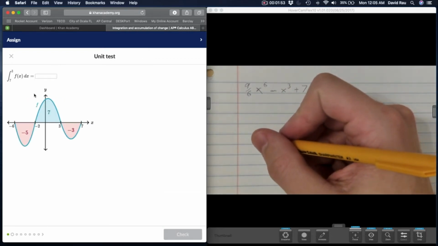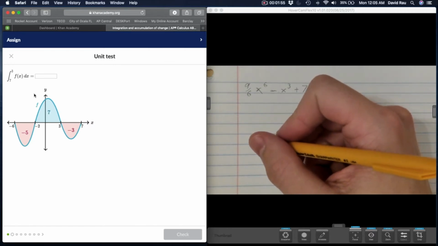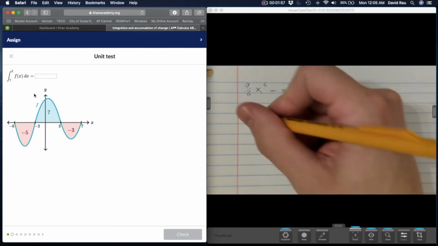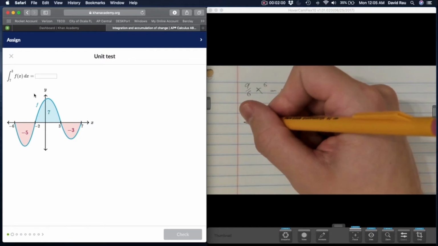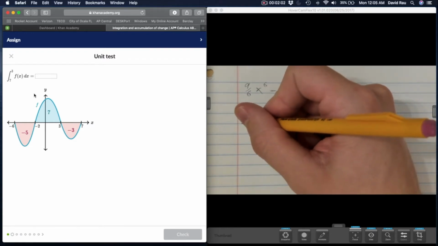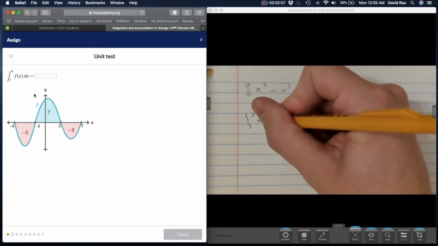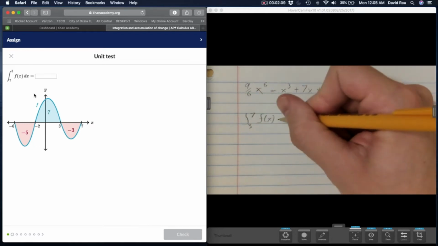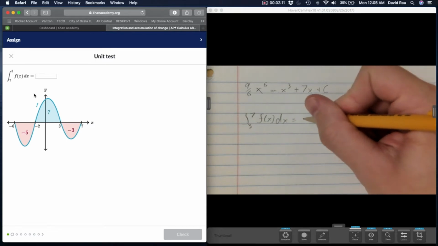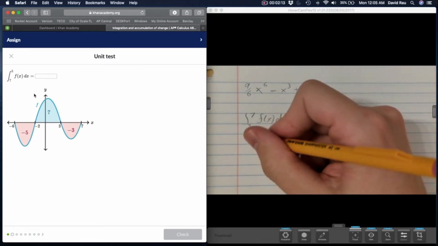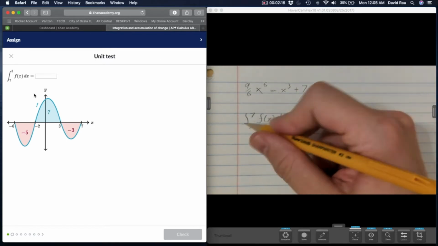So the idea is we need to find the area of f from 7 to 3, and so this is one of our what we call algebraic rules of integration, or algebraic properties. And so if we had 3 to 7 of f of x, if we just look at the graph there, that answer is negative 3. But if you decide to flip the bounds of integration,